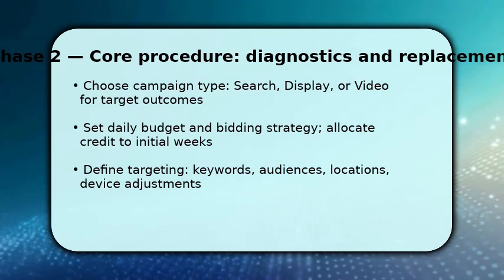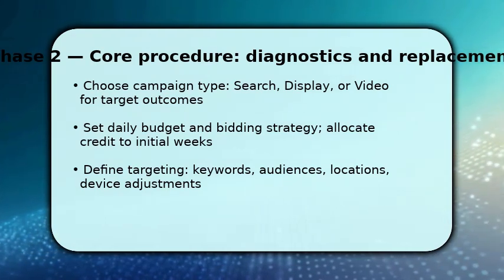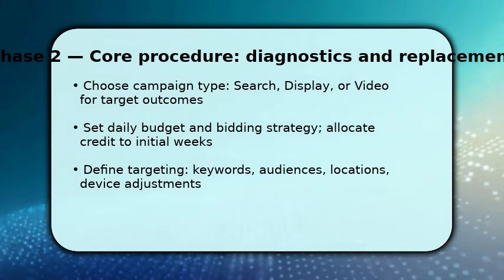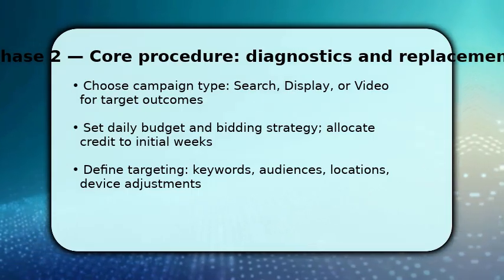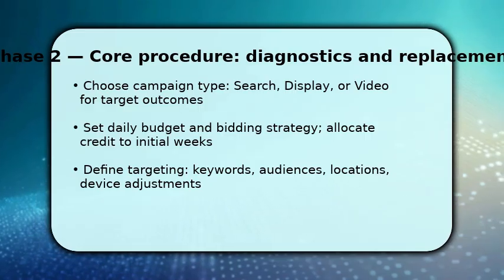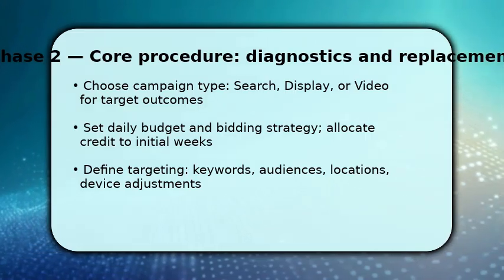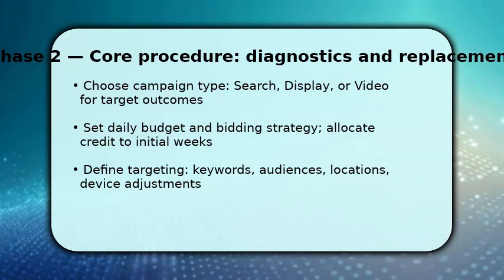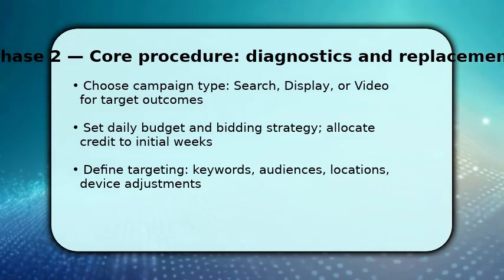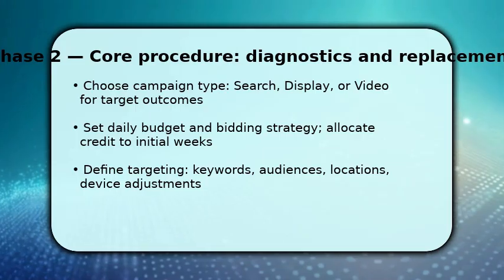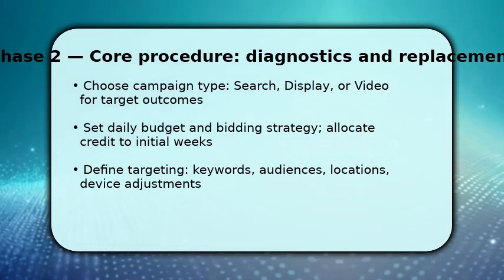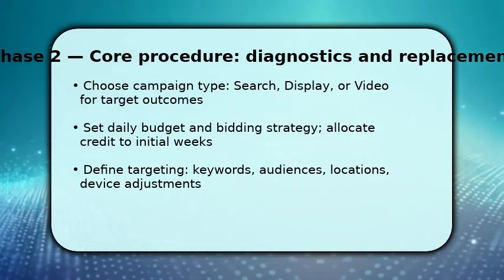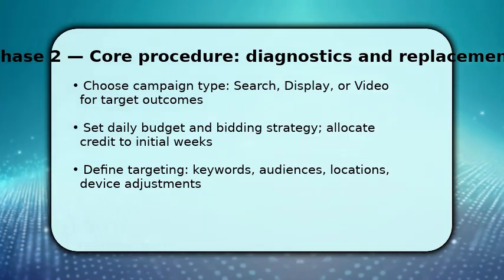Next, create the campaign that will spend the credit efficiently. You choose search, display, or video based on intent, search for direct response, video for awareness. Set a realistic daily budget and a bidding strategy that matches your goal. Target the first 1 to 2 weeks for most credit consumption. Then define keywords, audiences, locations, and device bids. This reduces wasted spend. Make sure to add ad extensions and at least 2 responsive ads so Google can optimize